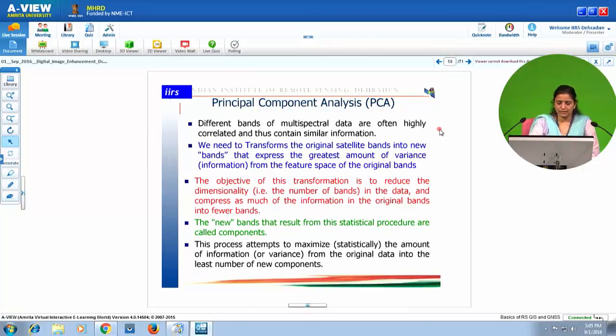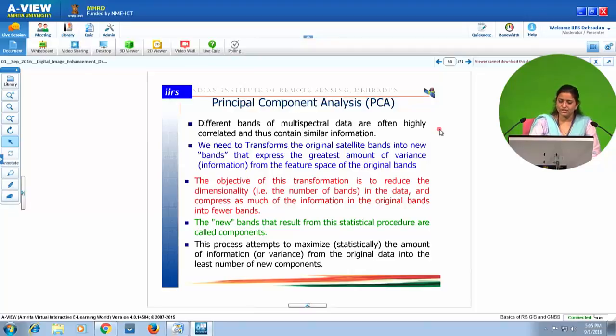Another image transformation is principal component analysis. Different bands of multispectral data are often highly correlated and thus contain similar information. We need to transform the original satellite bands into new bands that express the greatest amount of variance or information from the feature space of the original bands.